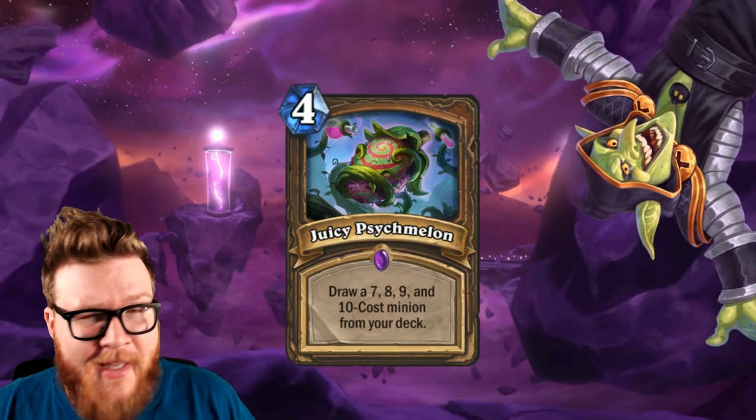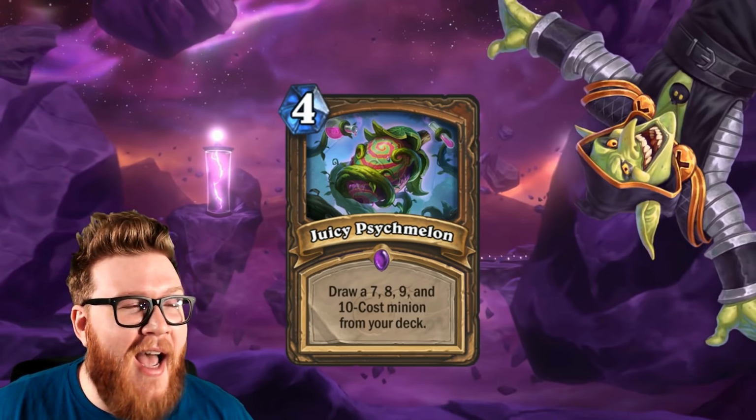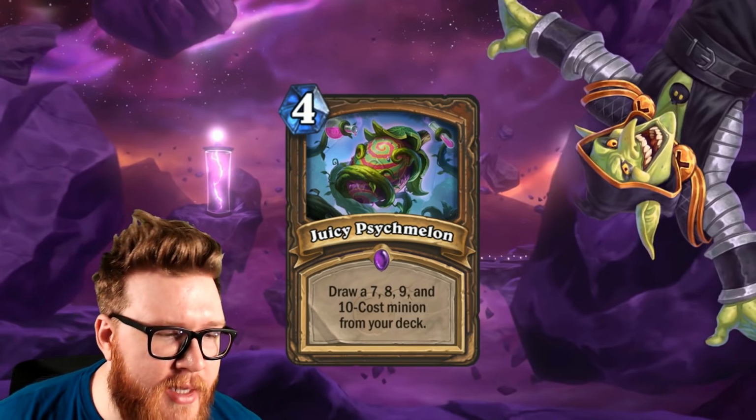This is ridiculous compared to Arcane Intellect. You're getting 2 extra cards for only 1 extra mana. A hyper efficient card there. The only real downside or check on this card, and I do think it's a significant one, is that it's